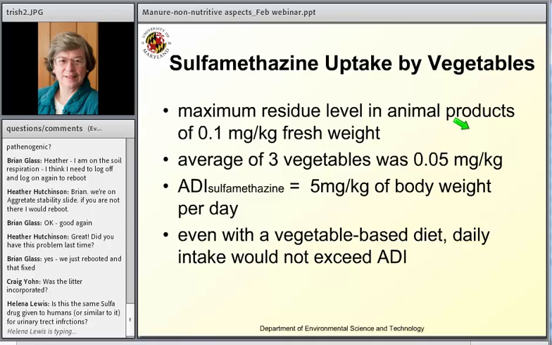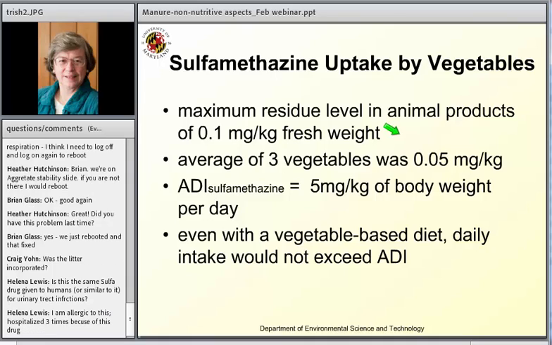Okay, so to go back to the maximum residue level in animal products, it's only considered safe to have 1/10 of a milligram per kilogram of fresh weight. Okay, so remember there are no standards set for plant products. So they looked at the 3 vegetables, and the average was 0.05 milligrams per kilogram. So it's well below what would be the